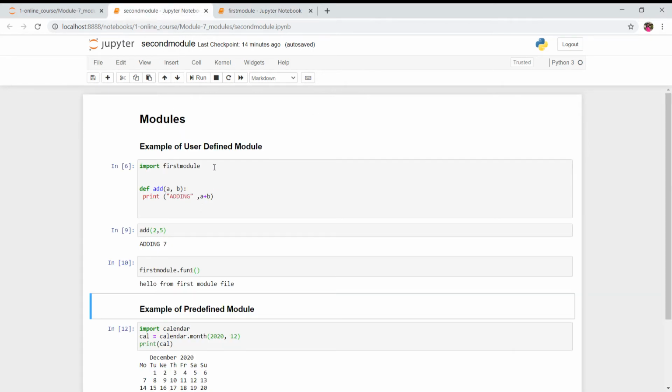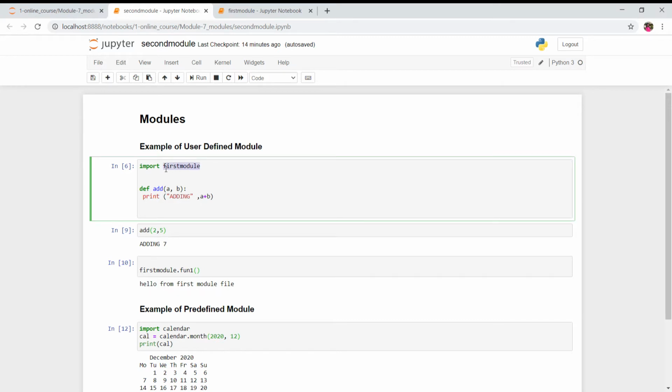So what do you need to do for that? First of all, you need to write import and the file name. The file name is first module, and you write import in front of that. Import is a keyword used for importing the code of other files. We want to import the code which is present in this file.